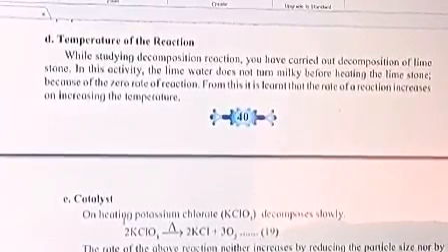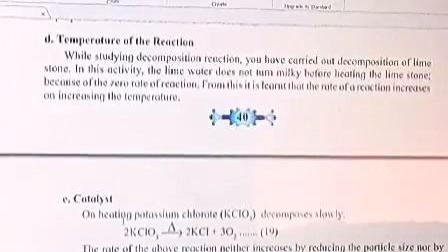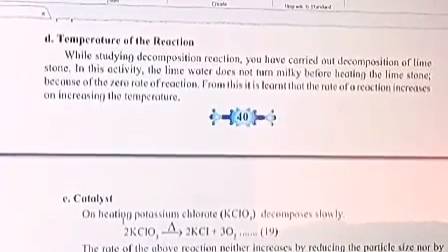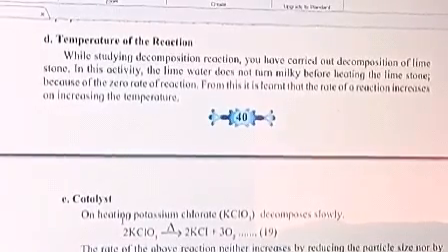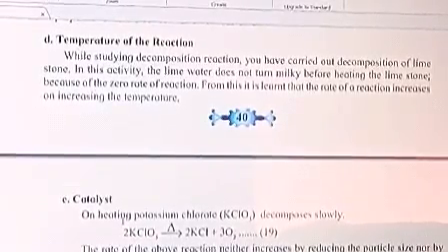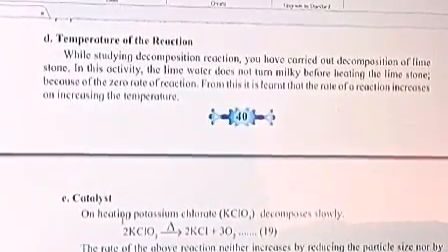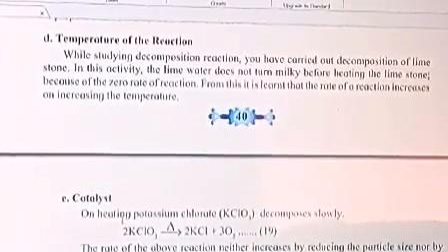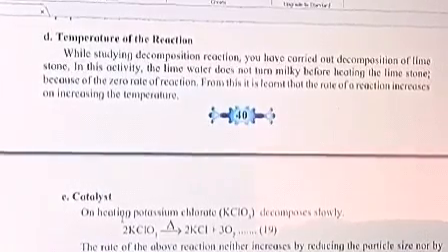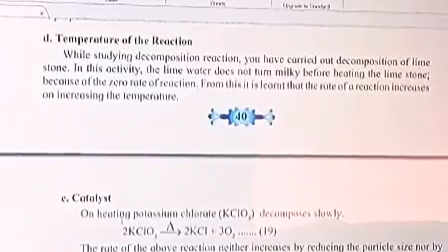Another example, when potassium chlorate is not heated, reaction does not take place. But if it is strongly heated, it decomposes to give potassium chloride and oxygen gas is given out. This shows that the rate of chemical reaction depends upon temperature. The last factor that affects the rate of chemical reaction is a catalyst.